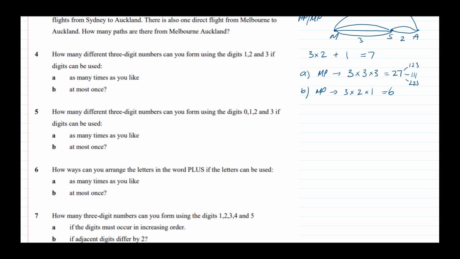So that might be a question you might get as well. Okay, question 5. How many different 3-digit numbers can you form using the digits 0, 1, 2, 3 if digits can be used as many times as you like, and again, at most once? So for part A, as many times as you like, we have to be a little bit careful. We're still dealing with the multiplicative principle,